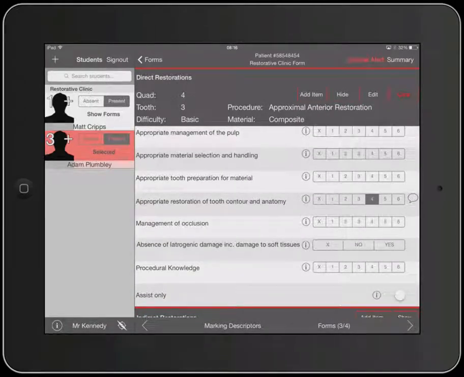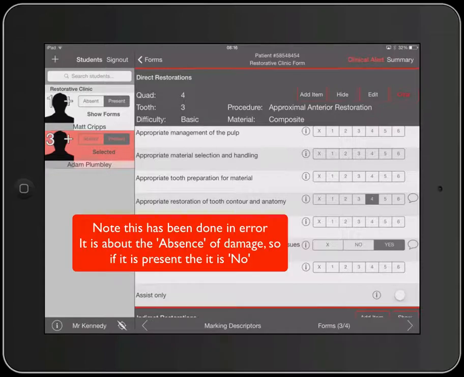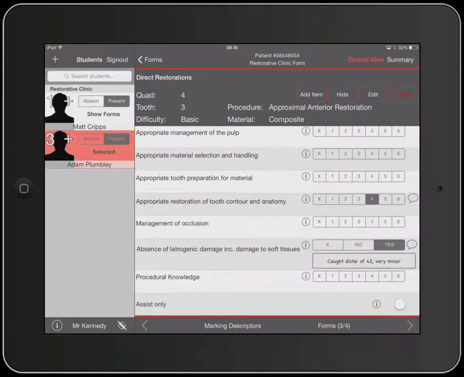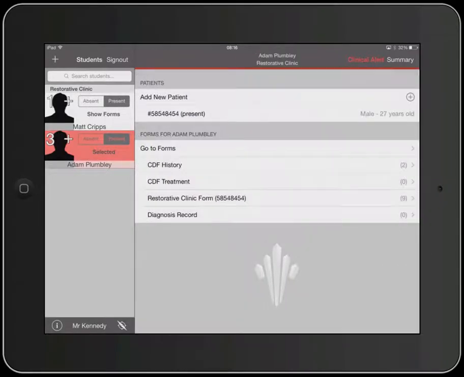However, we also noted that there was a tiny little nick on the 2, where they'd been a little bit careless with the handpiece, so we would say there was some iatrogenic damage, and we might make a little comment about that. Okay, if we then want to go back to our other forms and we want to add something